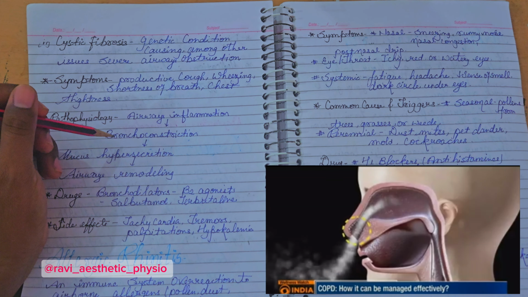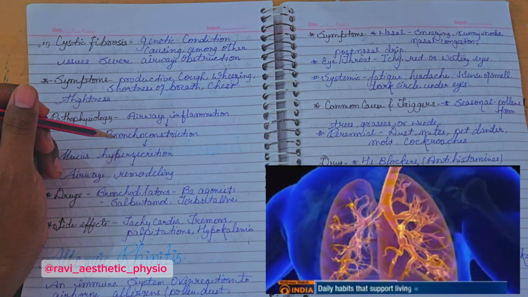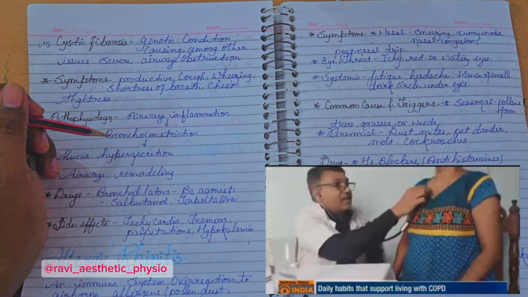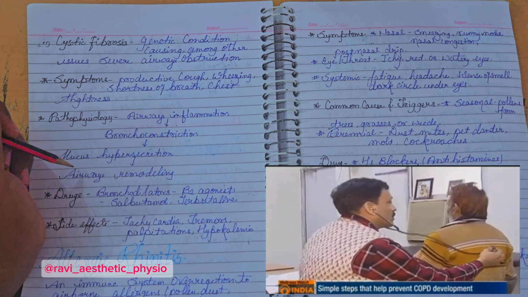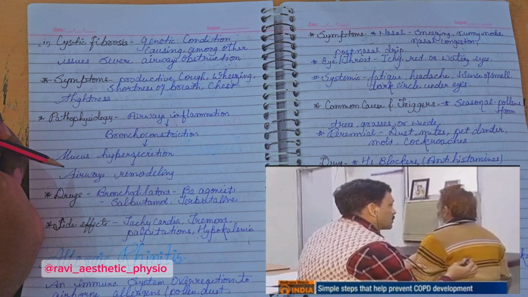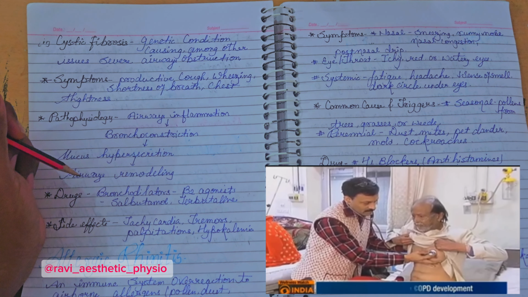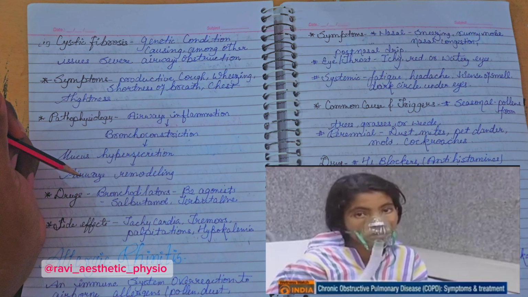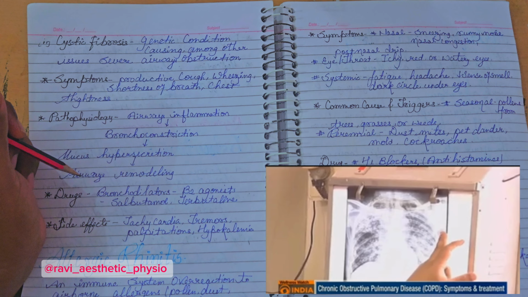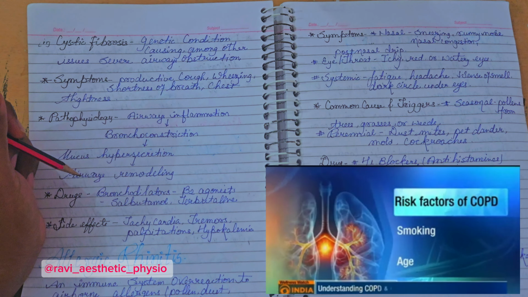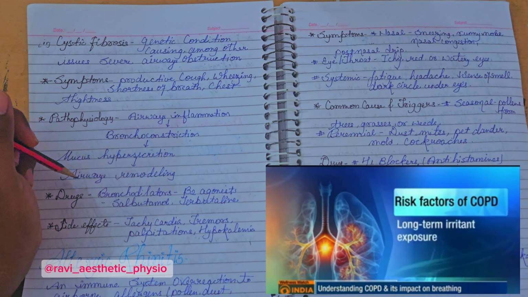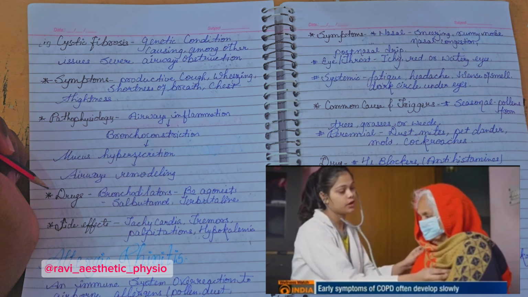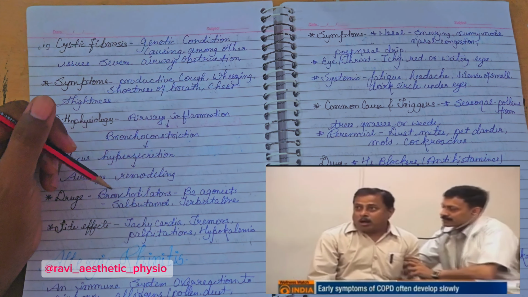Next is bronchoconstriction. The inflammation causes bronchoconstriction, and mucus accumulates there, causing airway remodeling. So it changes the shape of the bronchi, and it becomes difficult for the patient to inhale oxygen into their lungs. So for this pathophysiology, the drugs used are